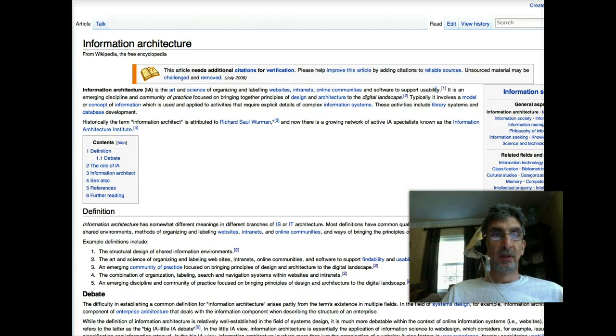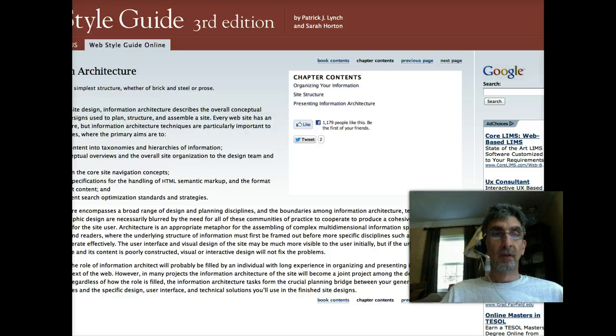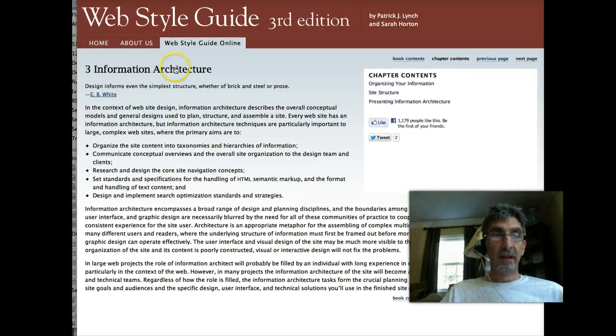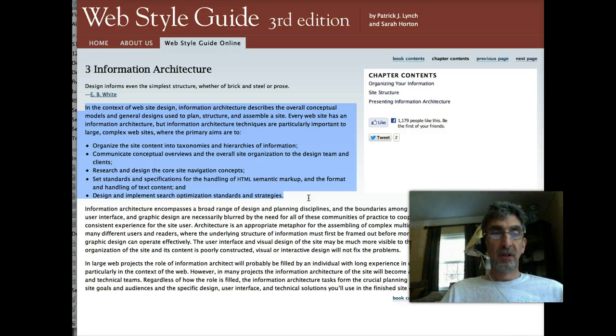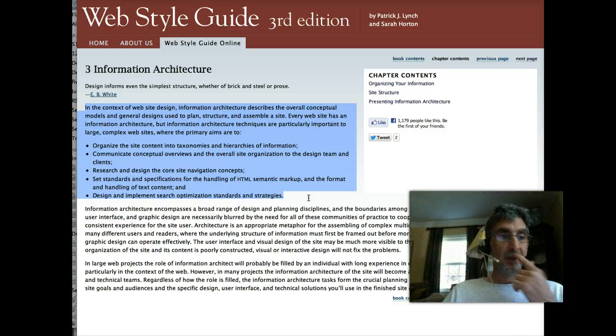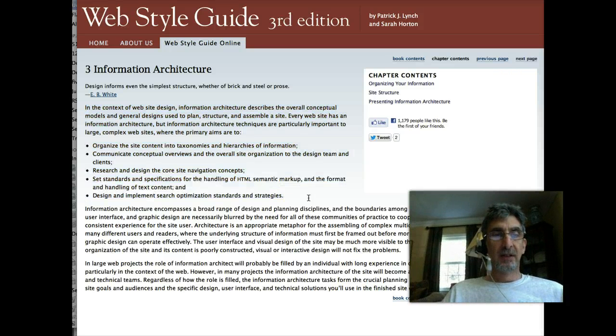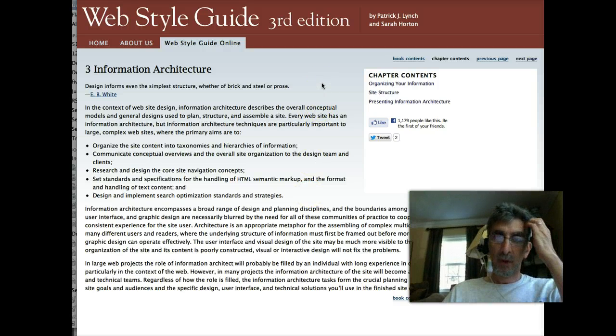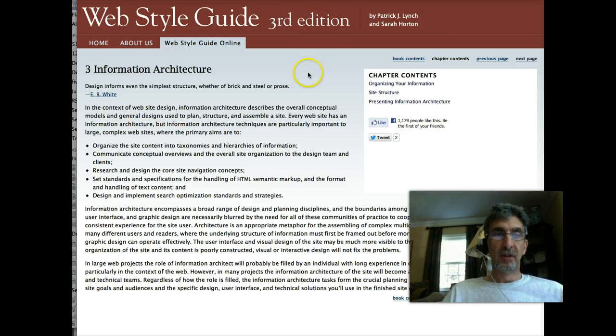For example, if we look at the Web Style Guide by Lynch and Horton, this opening paragraph and these four bullets really do a much better job in the definition. And I would challenge someone from the class to sign up at Wikipedia, go to that page, and redo it. Now, the important thing about editing Wikipedia and having the change hold is that it is well cited and well supported,